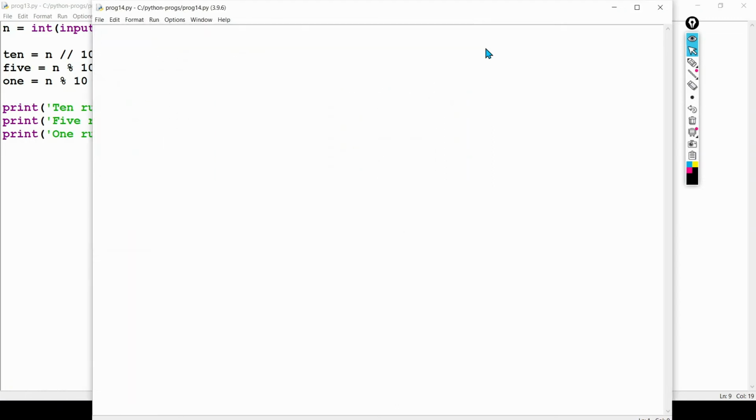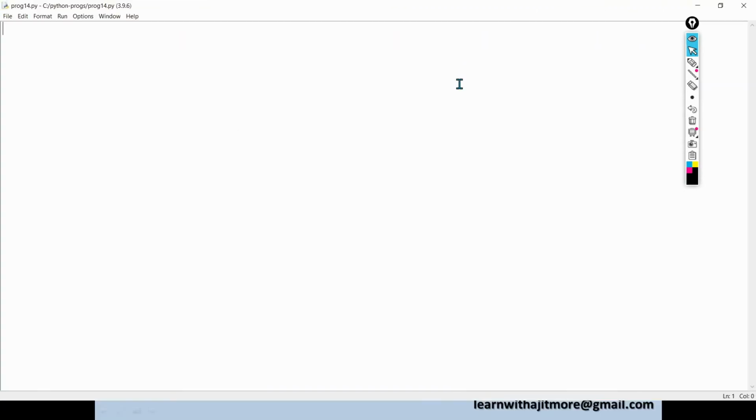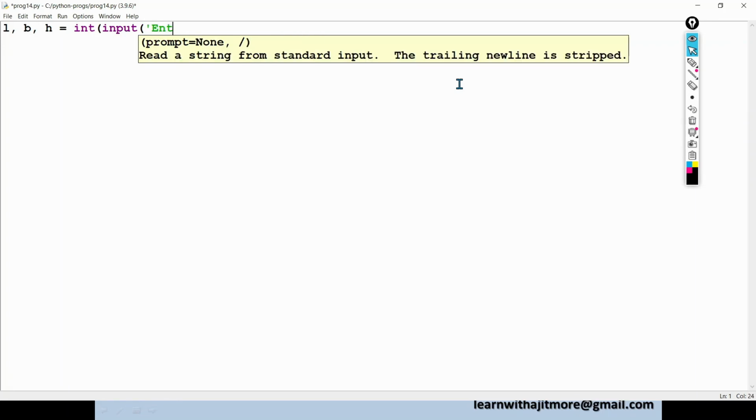Okay guys, then we are going to accept all the dimensions. So first we will accept length, breadth and height. I'll take it as a whole number only. Int input, enter length